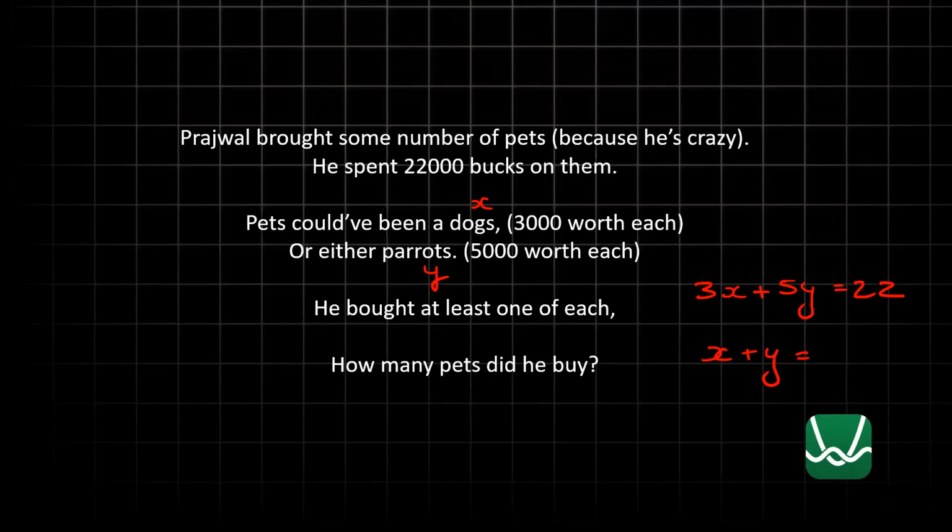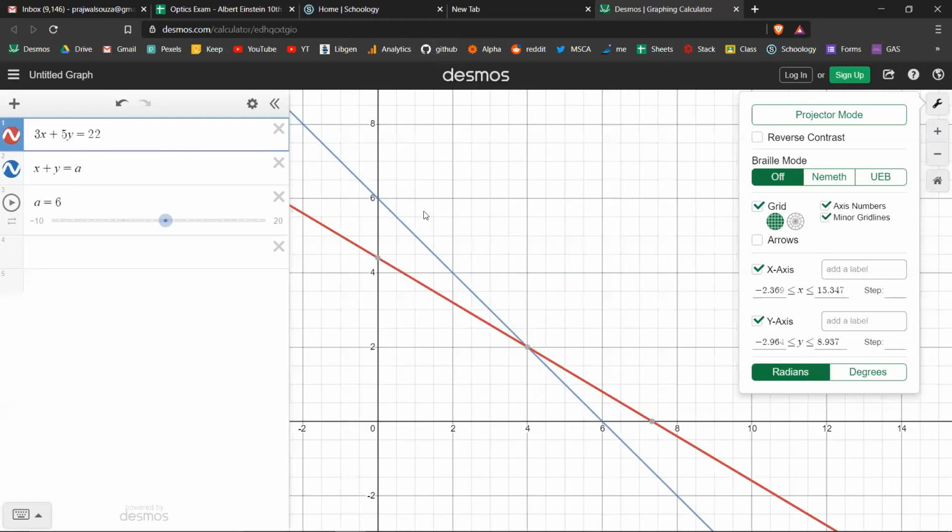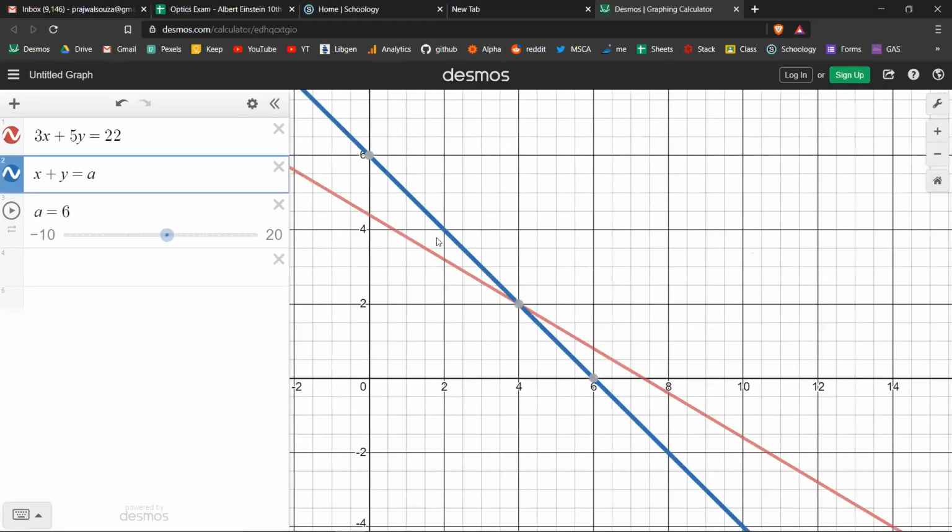Okay, the approach was this. I'll tell you why this is complicated, why this becomes fun. So if you look at it here, 3x plus 5y is 22. This is that blue line. But the question is, where does it hit? It hits at 2,4. It hits at 4,2. You get the logic, right? There are two possible solutions. Oh my God, did I give you guys a value where it hits only at that point? Okay, fine.